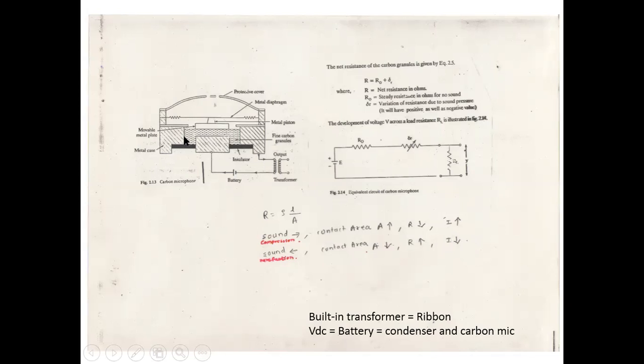One more thing: this carbon type of microphone also needs a built-in battery. If you go to the market and purchase a microphone, and if a battery is needed, I'm not talking about a wireless microphone again, then you can definitely consider it must be a carbon microphone or a condenser microphone. So a built-in transformer is required for a ribbon type of microphone, while a battery is required for condenser and carbon microphones. So a different type